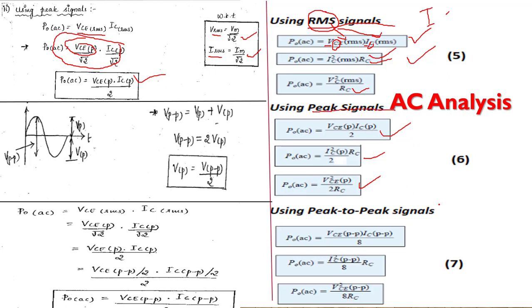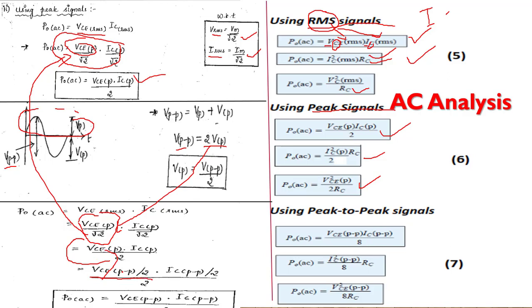Now how to do it for the peak to peak signal? Already we know that peak means this one portion is peak. Peak to peak means both parts, yes or no? That is double the peak, which we call peak to peak. So V peak to peak is 2 times Vp, and we have to apply that here. I already have VCE peak into root 2, that is from here. We have VCE RMS converted into VCE peak by root 2. V peak is nothing but VPP by 2. So we do VPP by 2 here.